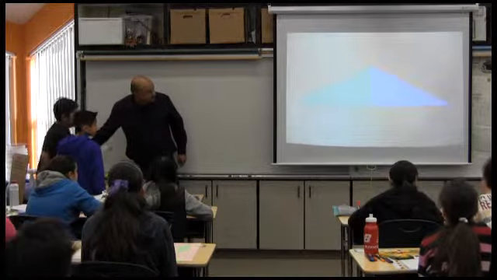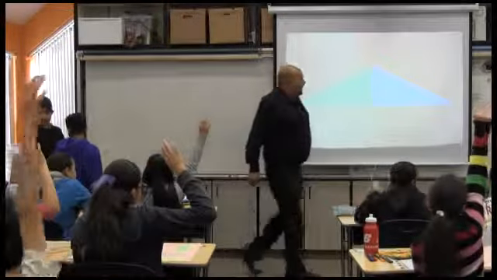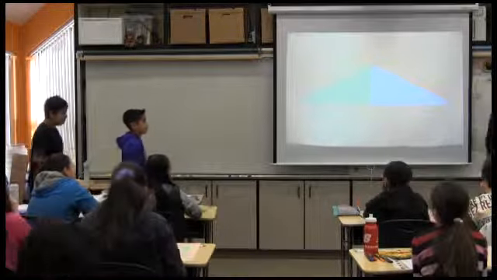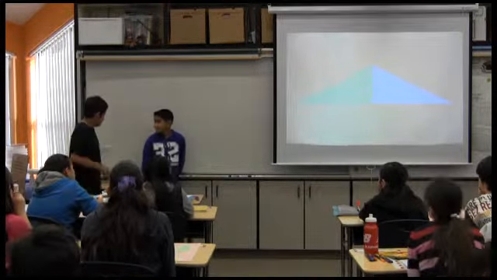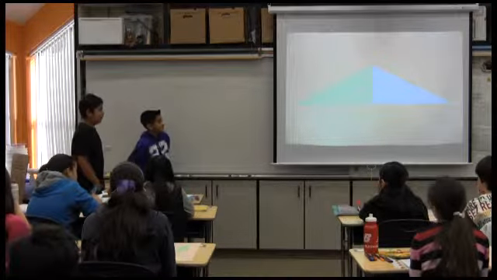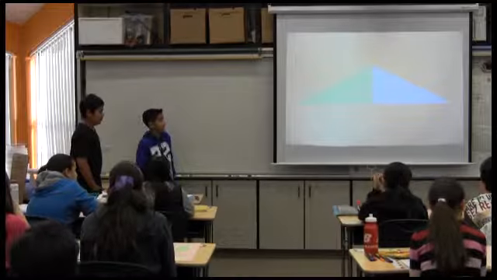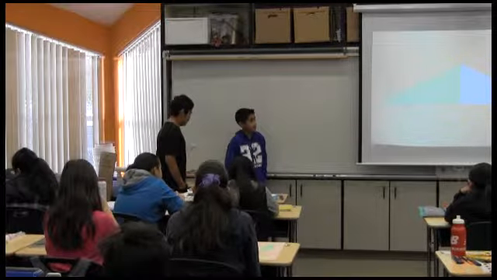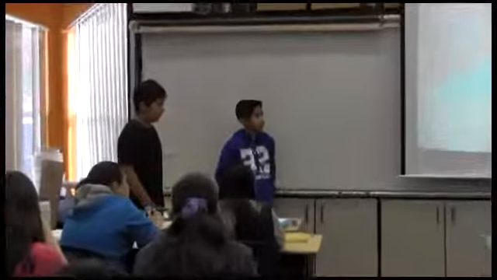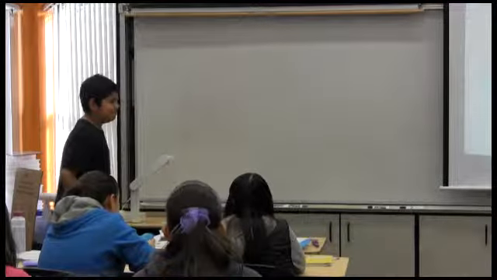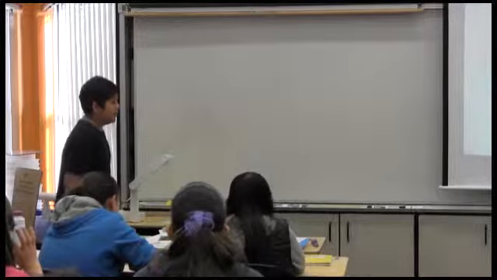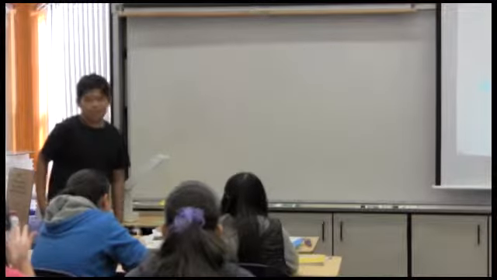How many of you made this one? You should have all made it. All right, and so tell us, how did you label this? Go ahead. Well, first we started with a polygon. So it's a polygon, and then we put a triangle. Saul, you can go get your poster so you can see how you did it. Keep talking to us, Giovanni. So it's a polygon, it's a triangle. What else? Tell us more. Talk to them. Well, we measured it, and it is